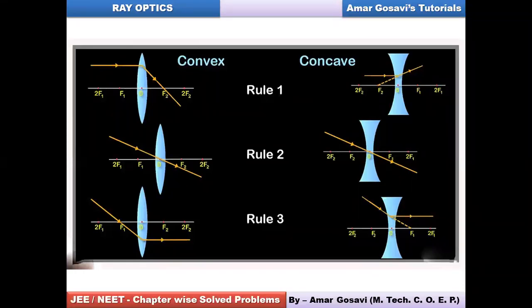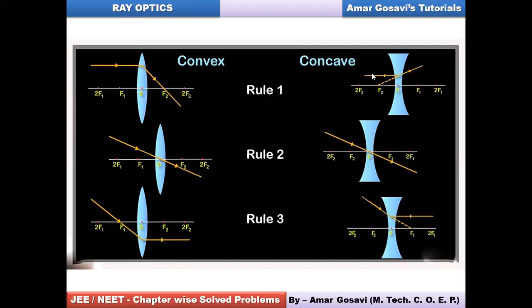All right. The second ray for convex, you can see, will be the ray which moves through the optical center undeviated. The third ray, you can see, the ray coming from the object moves through the focus on the first side, hits the lens, and after refraction becomes parallel to the principal axis. So of these three rays, you draw any two rays, wherever they meet, image formation will be there for convex lenses, friends.